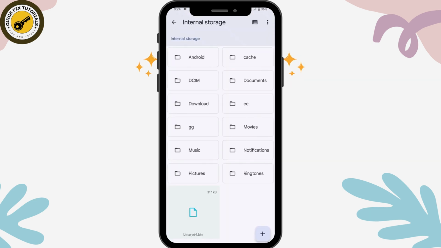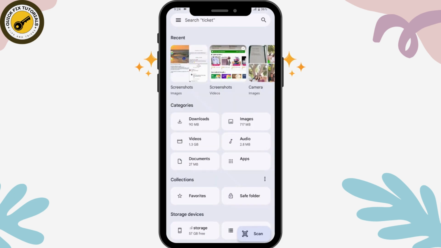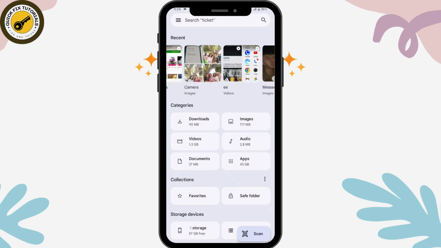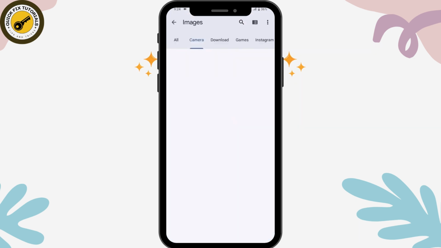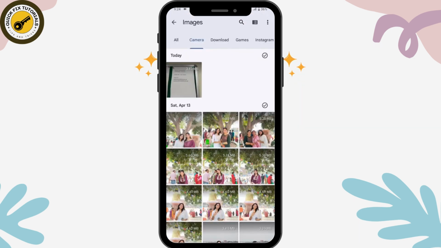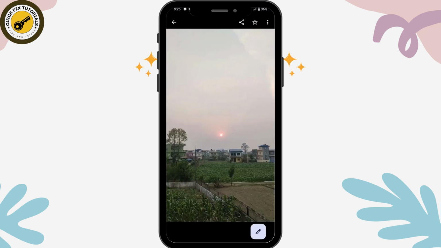under your storage devices, and then tap on any one of your pictures or photos, or you can simply choose that from here under your Recents. So go for the Camera or anything and then choose a photo. For example, if I choose this photo, once you've chosen the photo, now go for the upper right